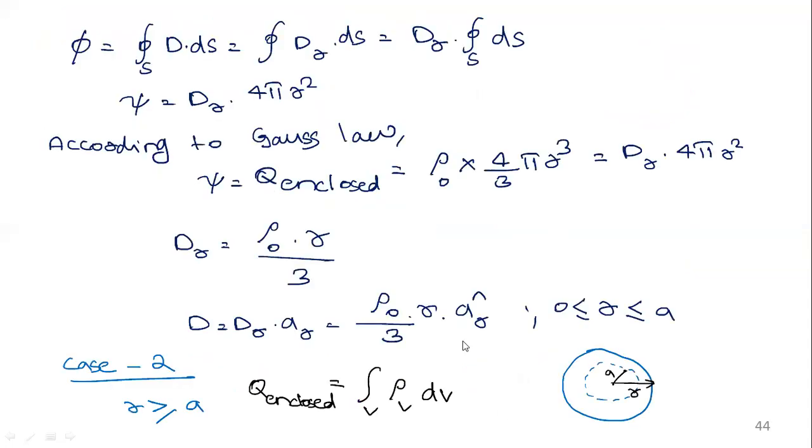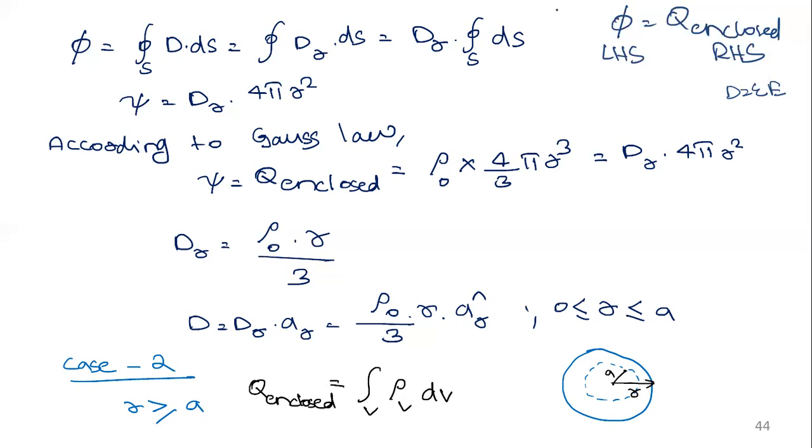Now we will find the left hand side. We have left hand side and right hand side, right? So we have phi is equal to Q enclosed, that is Gauss law. Because you asked me one doubt, right? Where this 1 by epsilon went? Because here we are talking about the electric flux density. So you know that D is equal to epsilon into E. So that epsilon and that 1 by epsilon will get cancelled, because in your 11th and 12th, I think you have studied Gauss law as 1 by epsilon 0 times the total charge. So that's also right, the same concept only.